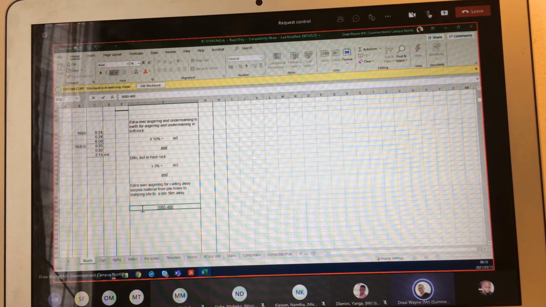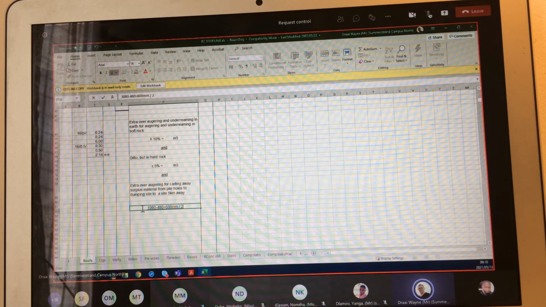If you take that, you say 1080 minus 480, that gives you 600 millimeters. Right? You then divide that by 2, and that will then give you 300